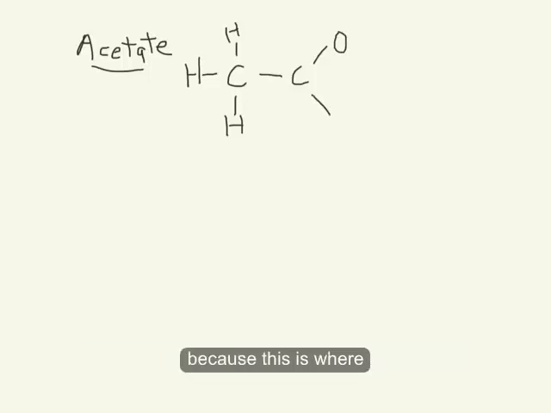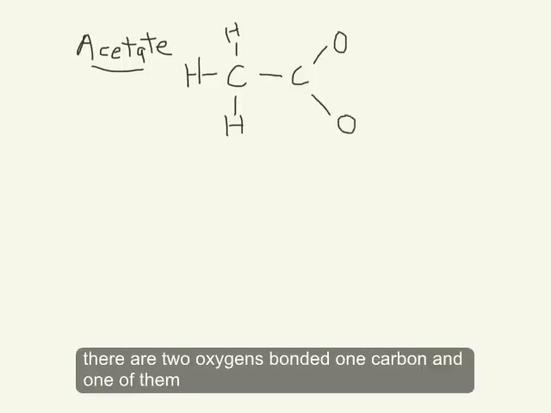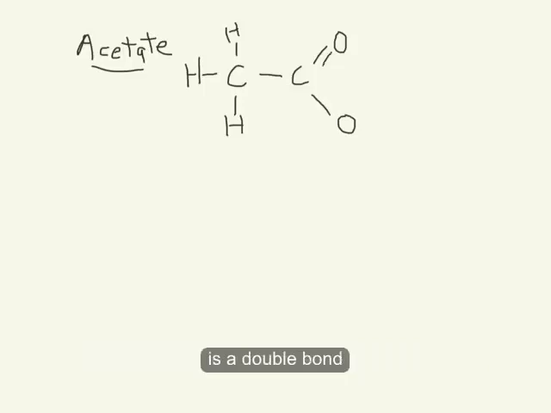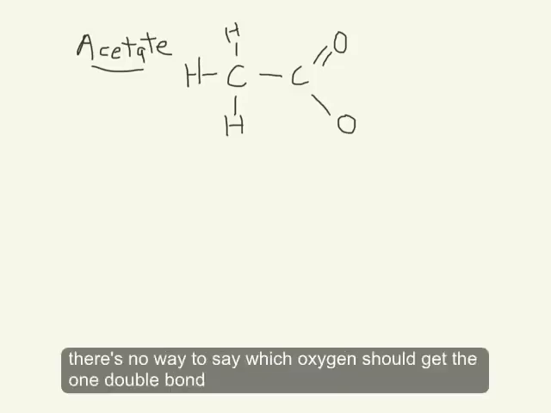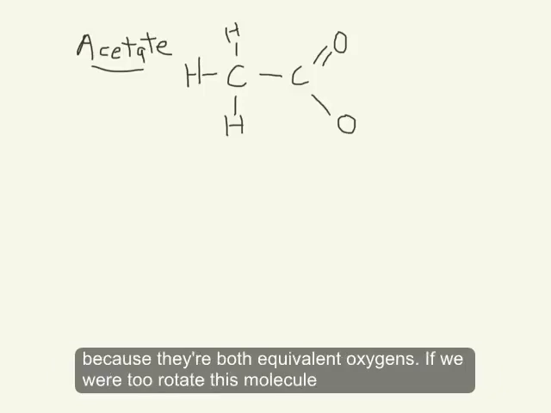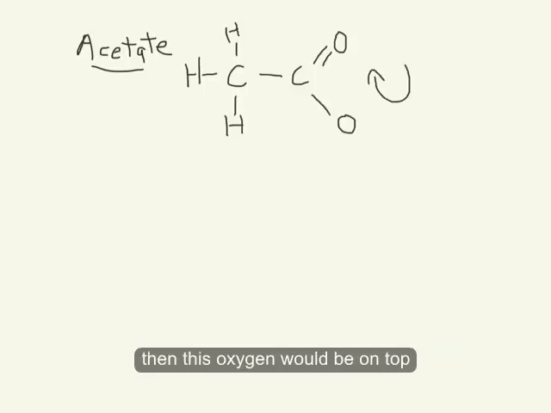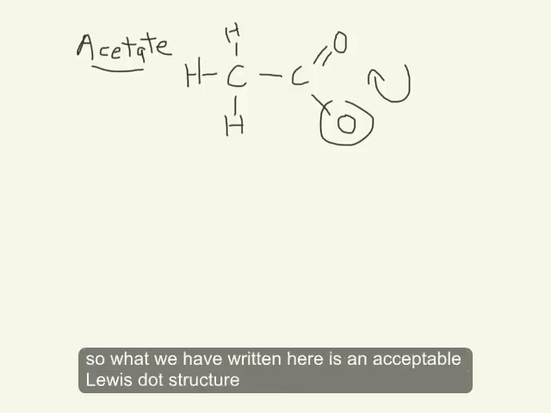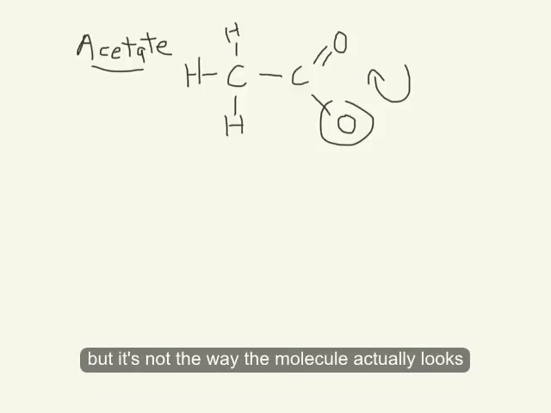because this is where there are two oxygens bonded to one carbon, and one of them is a double bond, but there's no way to say which oxygen should get the double bond, because they're both equivalent oxygens. If we were to rotate this molecule, then this oxygen would be on top. So what we have written here is an acceptable Lewis dot structure, but it's not the way the molecule actually